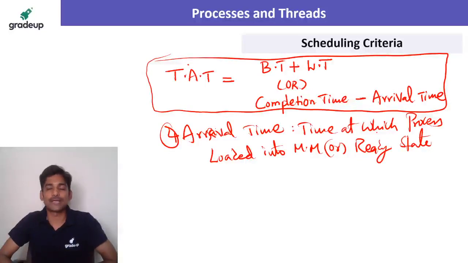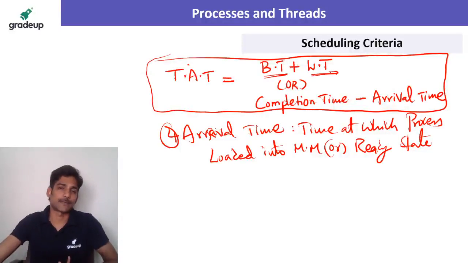So turnaround time is what? Completion time minus arrival time, or you can calculate it in another way as burst time plus waiting time. You can calculate using either formula. Okay, and then